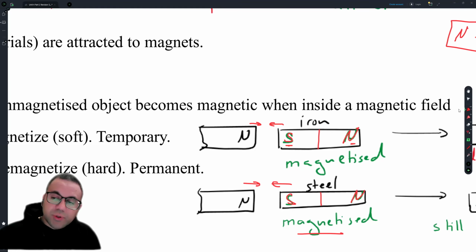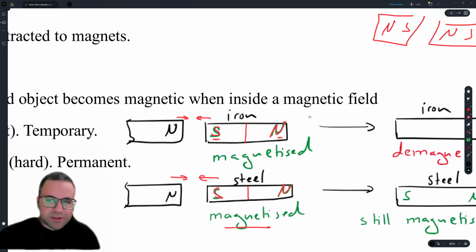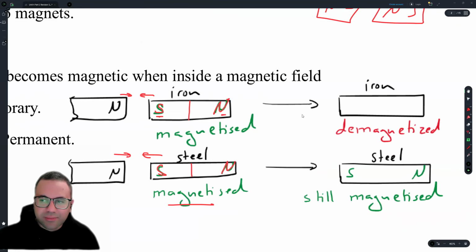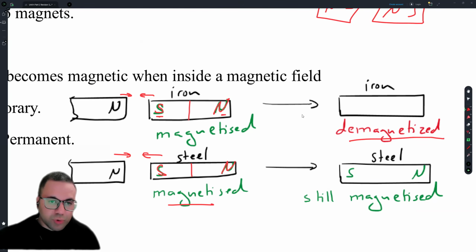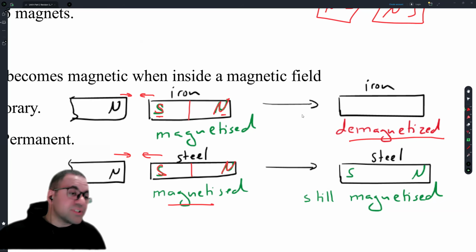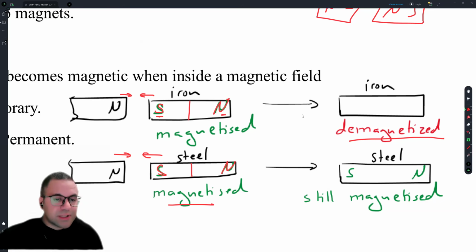The difference between iron and steel is that iron is considered a soft magnetic material, which means it's easy to magnetize, but it's also easy to demagnetize. It does not stay magnetized forever. So move the iron away from the magnet, it loses its magnetism. However, steel remains permanently magnetized. So it stays magnetized when it's moved away from that north pole,